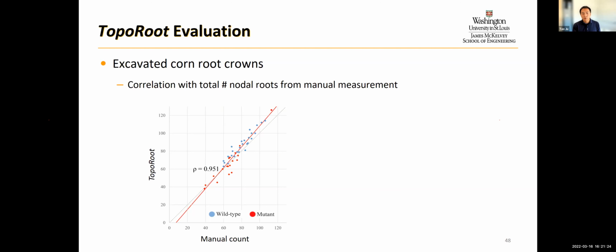And we plot this correlation graph where every dot on the graph represents one corn root system, and the x-axis is a manual count, the y-axis is a count produced by our tool. And as you can see, it's a very high correlation between the two sets, and it's very clear now that the wild type has more nodal roots than the mutant. And that can be seen either by the manual count or by the results produced by the TopoRoot